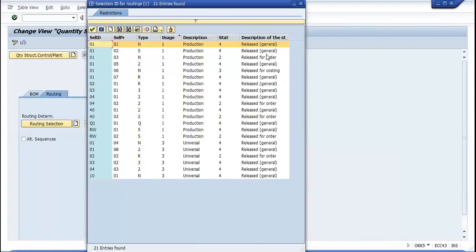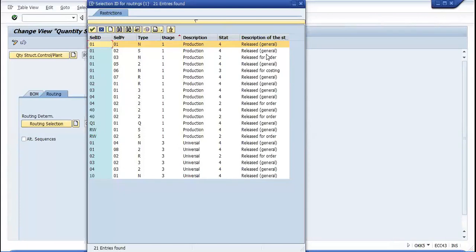Basically, with selection ID 01 and the selection procedure, these are numeric, that means 01, 02, 03. And those which are not numeric, like RW, are the custom ones. Normally, standard practice is to put a numeric selection ID.